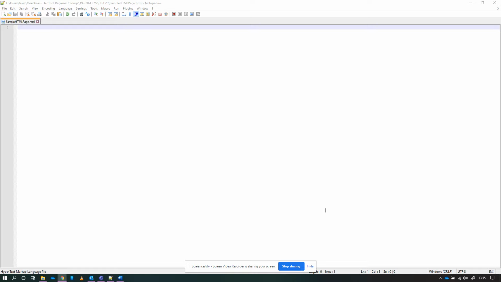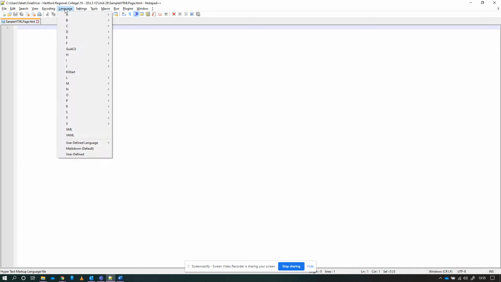That said, Notepad++. This is Notepad++. A couple of things you want to do for setting up. Firstly, select the language. So go to Language, go to H, and select HTML. Fairly straightforward. The other thing that you want to do